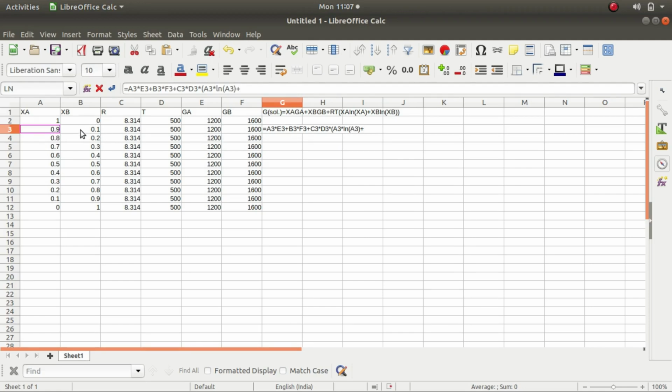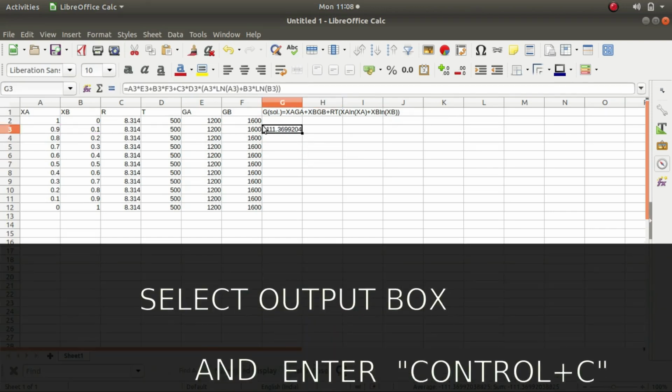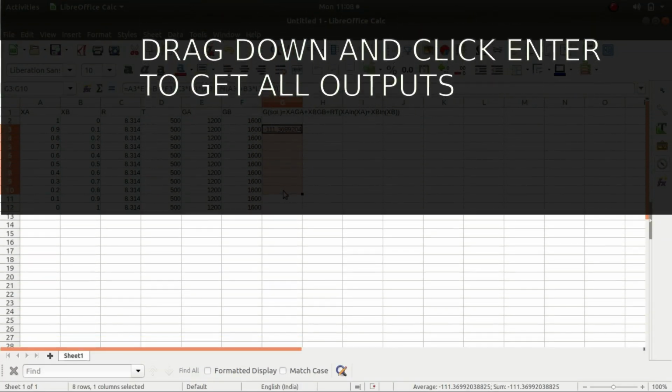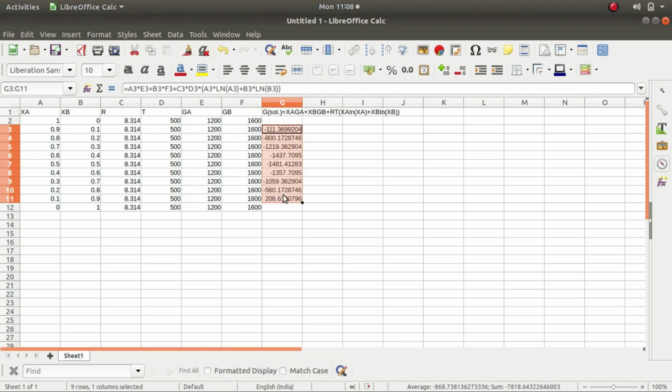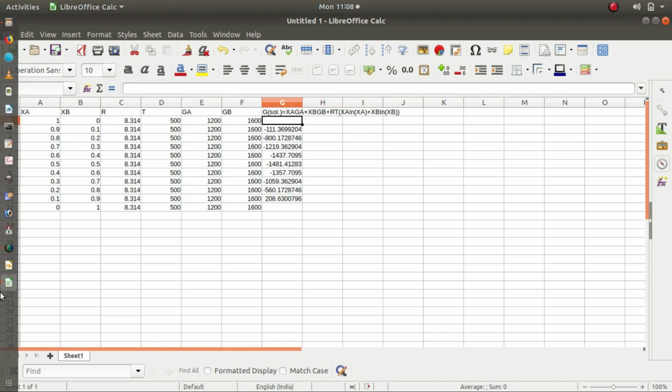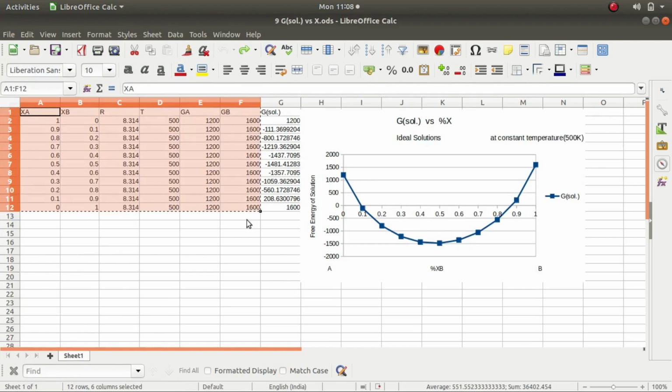But remember, we are giving the equal to symbol in the same row, so we have to give that row's values only, then only it can calculate and give the output. Then enter, we get the value of that row for the given formula. Then for getting all values, scroll down, just copy that row and enter, so you get all those values.